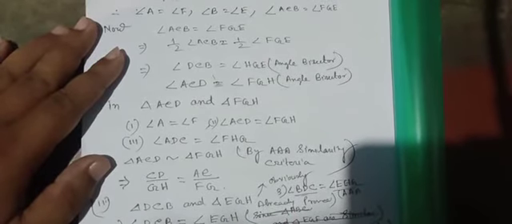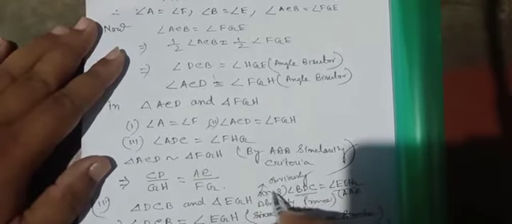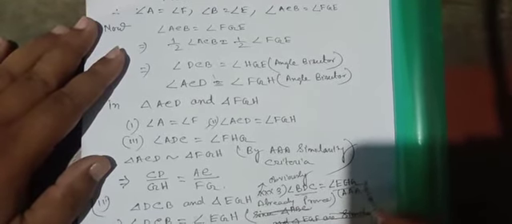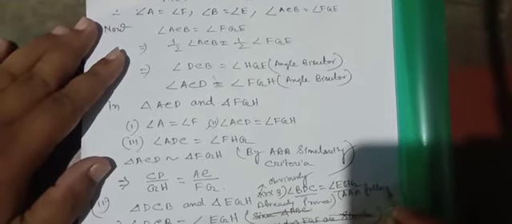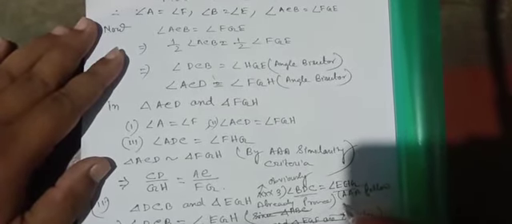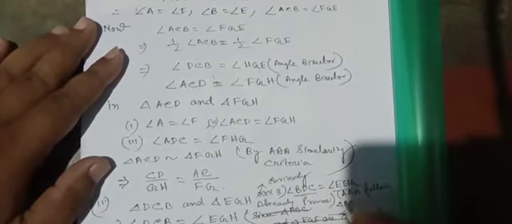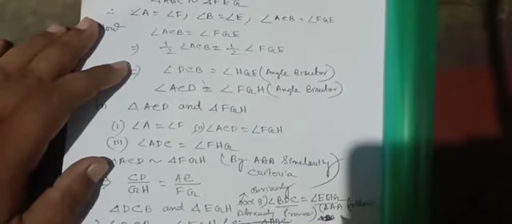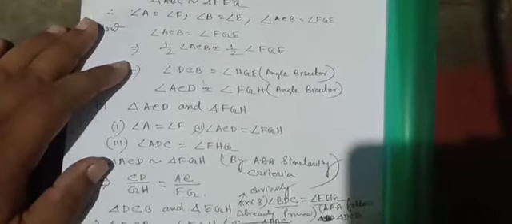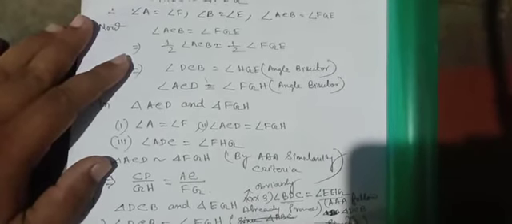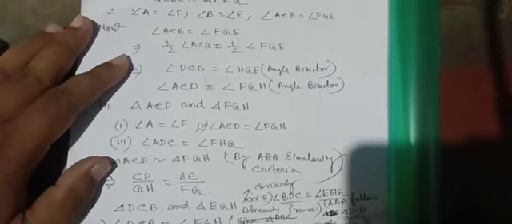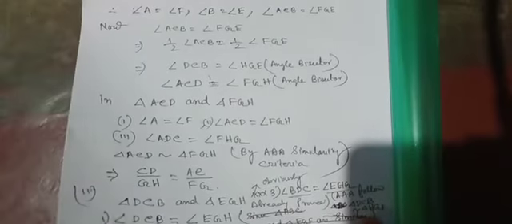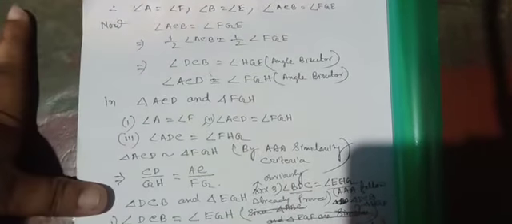After this step we will go to this step. Angle similarity follows. So we can write that triangle DCB is similar to triangle HGE. This is the second one proof. Hope you were able to understand it. So question number 9, 10 was done.